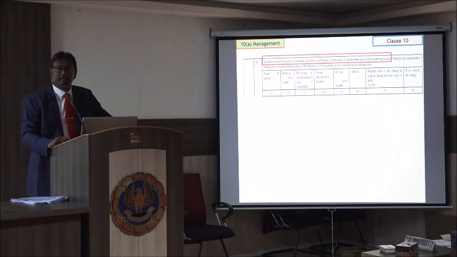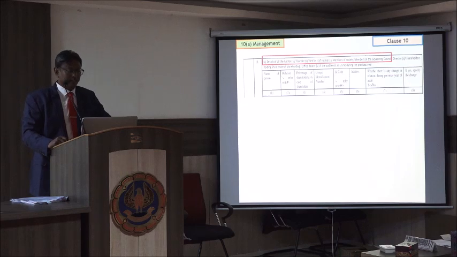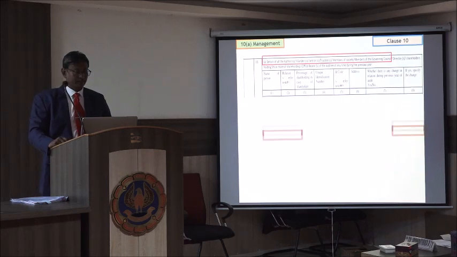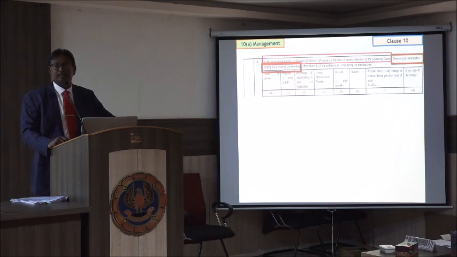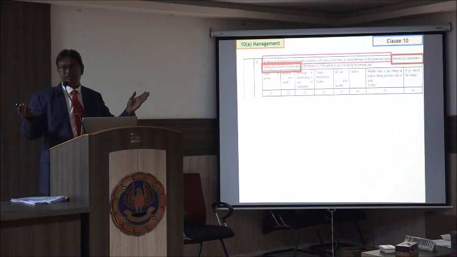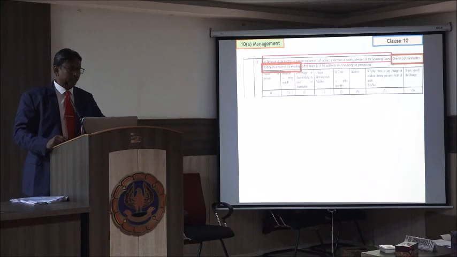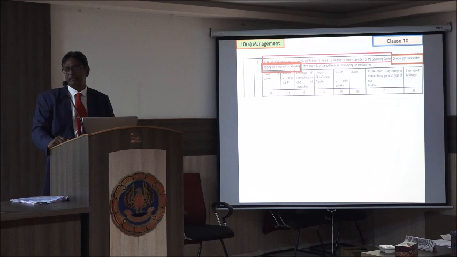Details of the author, founder, settler, trustee, members of the society, members of the governing council. They are asking if it is a company, if it is a Section 8 company, and the shareholding pattern. A Section 8 company can be formed two ways: with shareholding or without shareholding. If it is with shareholding, any holding of more than 5% has to be mentioned.